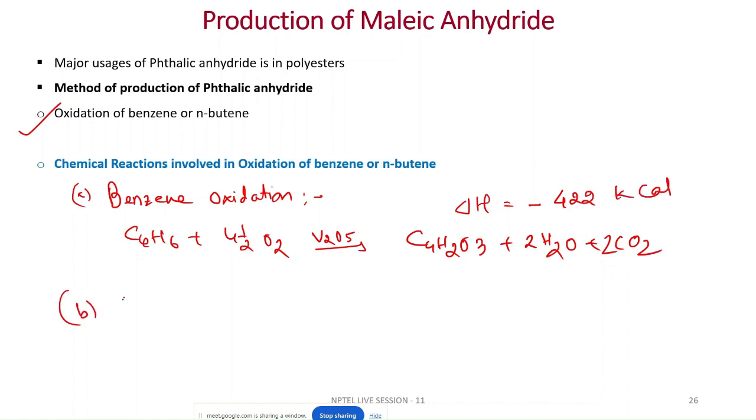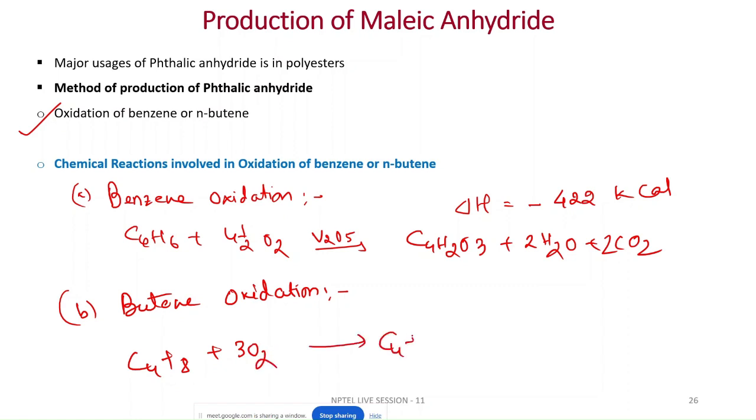The next step is the butane oxidation process. From this, the maleic anhydride is produced. It is also an exothermic process. We can see